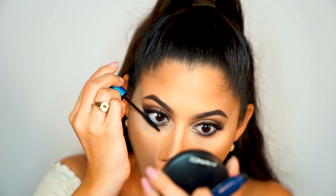Now it is time to apply my false lashes. I'm going to be doing this off camera because, like I said, I will be making a video on how to apply false lashes. If that's what you want to see, then please let me know in the comments below. But I'm just going to be using the Ardell Wispies today, which is what I usually use with my dual lash adhesive. So now I am back with some new lashes, and while they are drying,